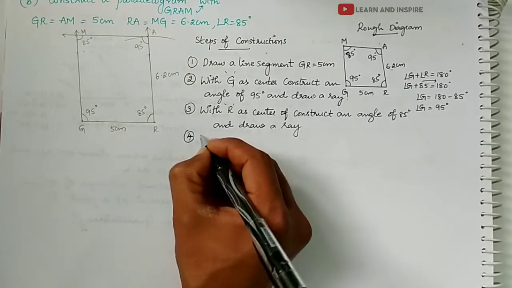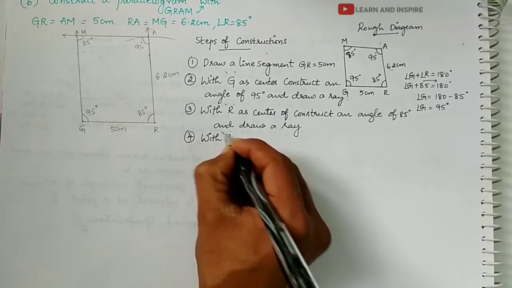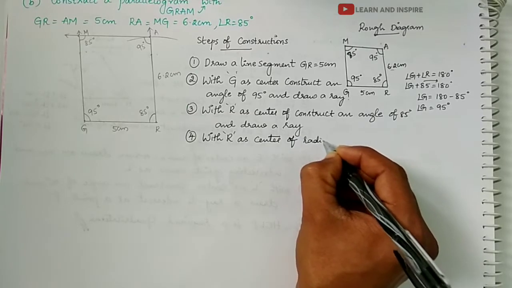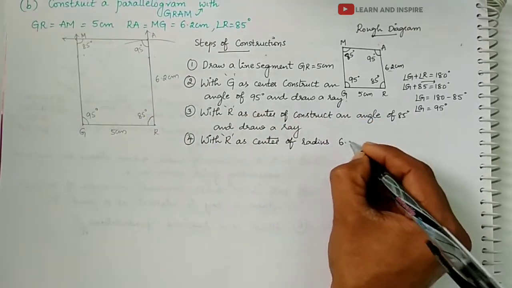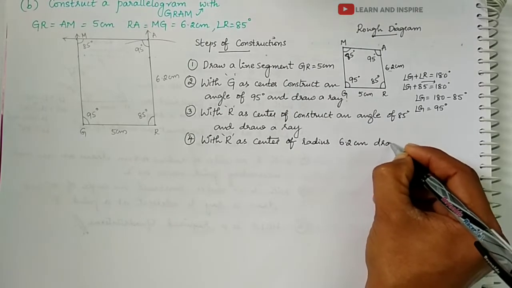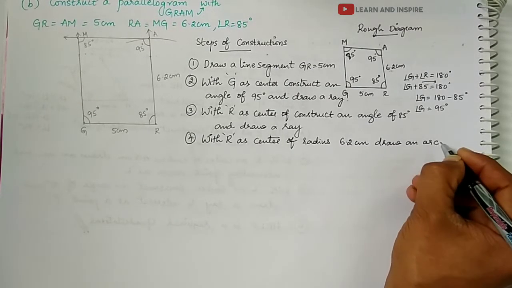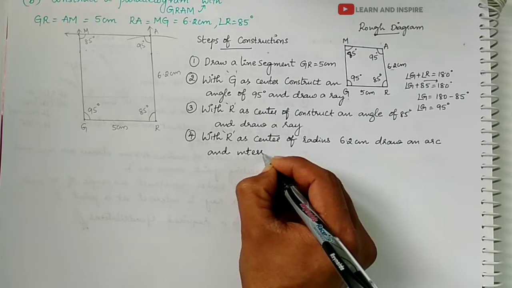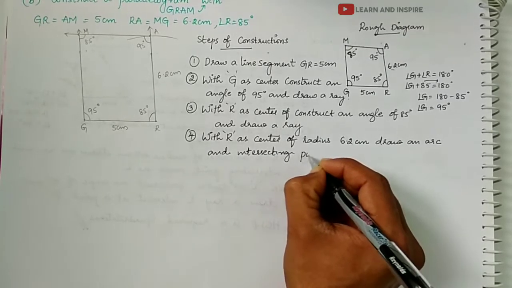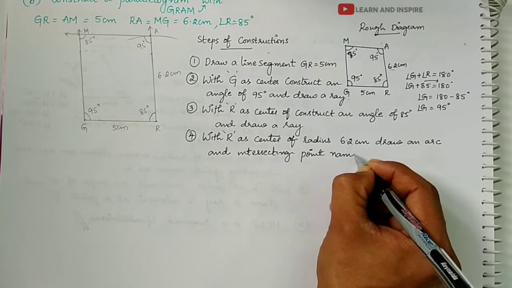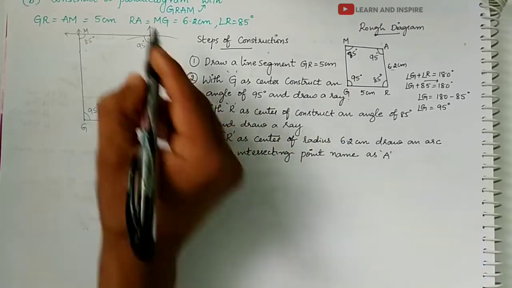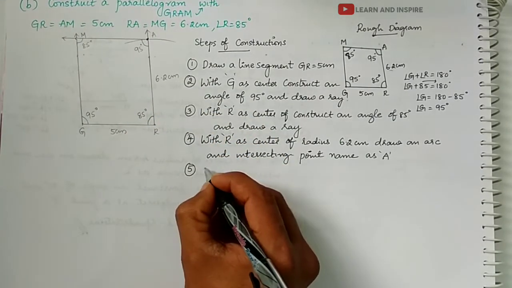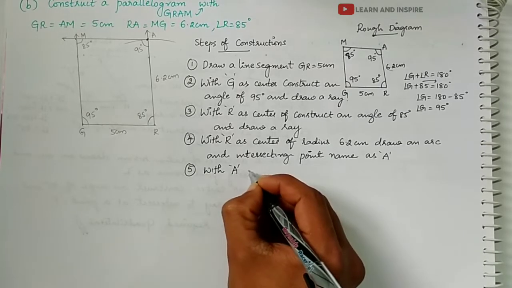Step 4, again with R as center, with R as center of radius 6.2 centimeters, draw an arc, and the intersecting point name as A. Understood? Step number 5, with A as center,